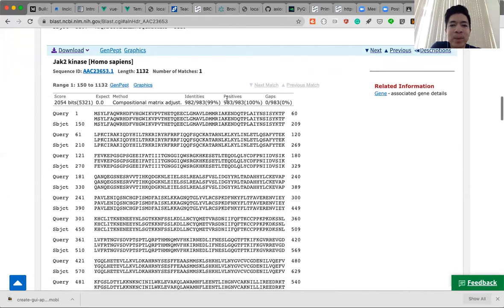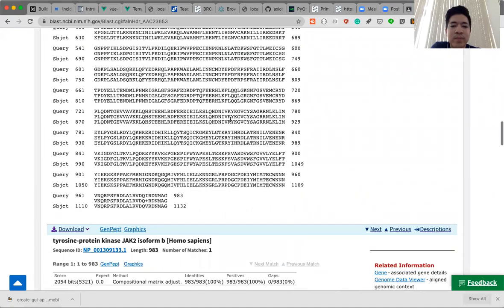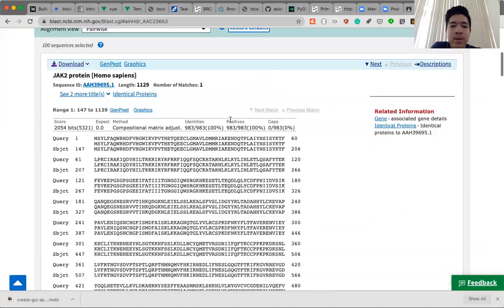Anyway, when you look at the positive number here, the positive means that the amino acid is still similar to the amino acid that it's substituted. So it means that the change doesn't do much, because you still get the same type of amino acid. Okay, so